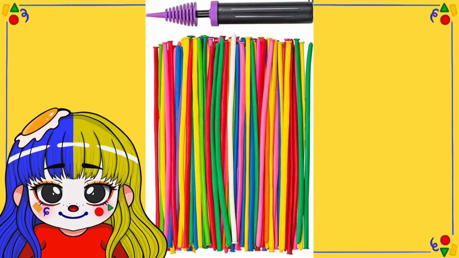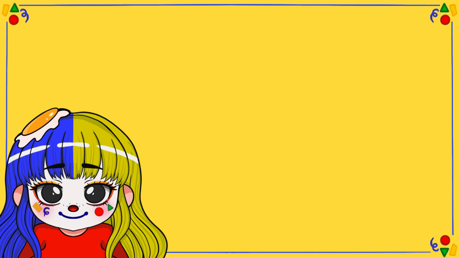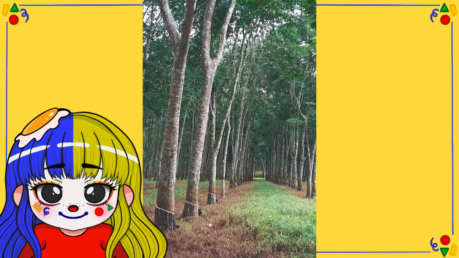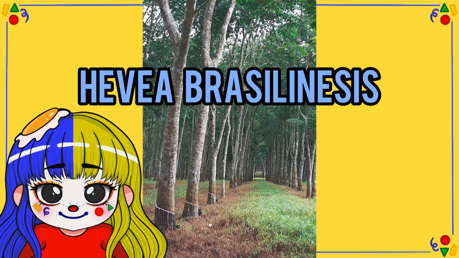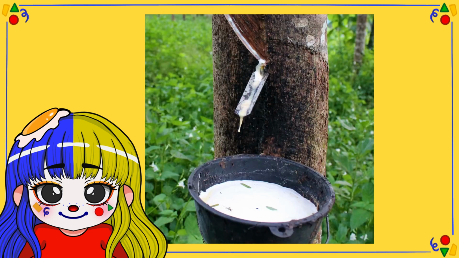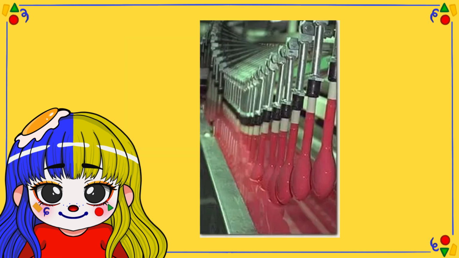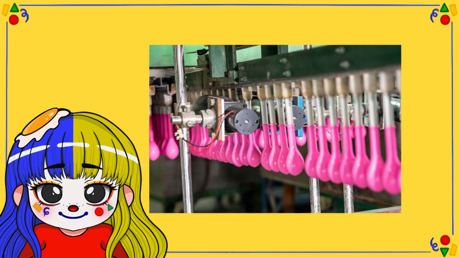Today, we still use this method. The balloons we use are made of a natural rubber latex. This natural rubber latex comes from the sap of the rubber tree. Was I the only one who didn't know there was such a thing as a rubber tree? Well, this tree is called Hevea brasiliensis from Malaysia. The sap of this tree looks like milk. Once the sap is removed from the tree, this sap is called latex. And to make it into a balloon, curing agents, accelerators, oil, water, and even coloring is added. Next, the latex is put into an open tank and then a balloon mold to create the desired shape.